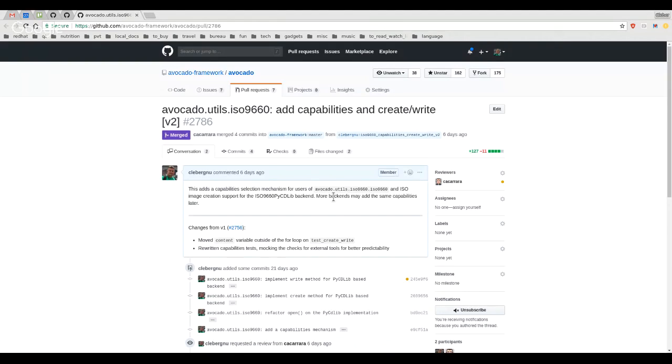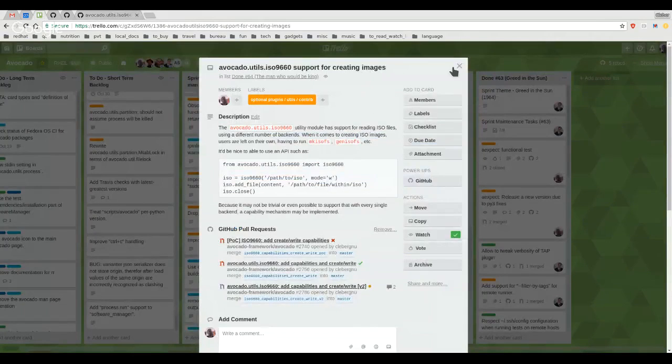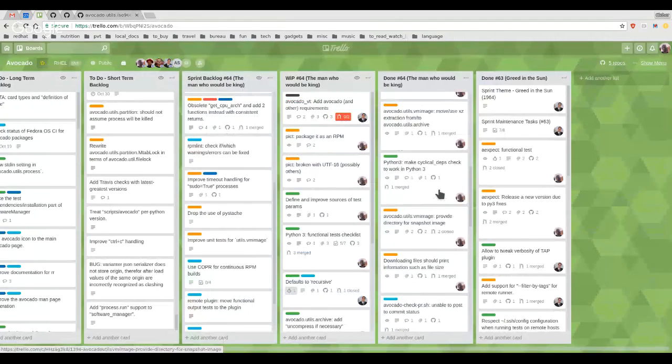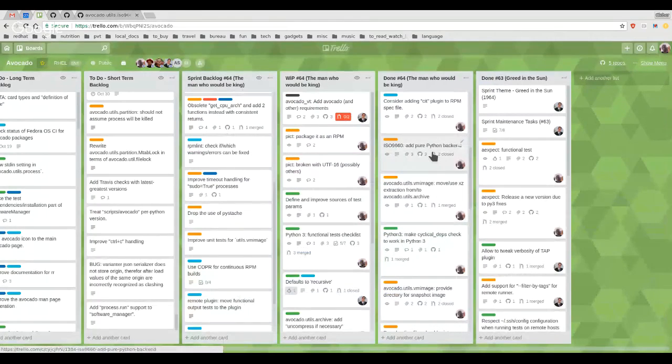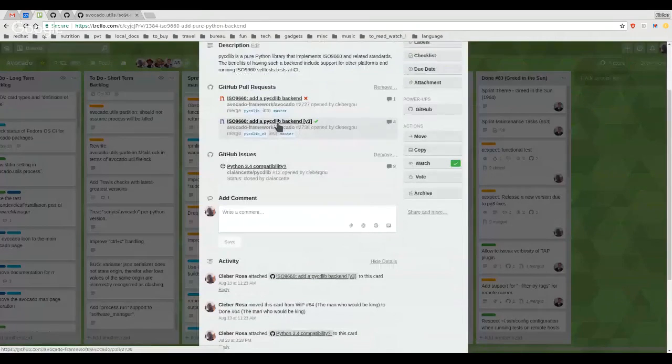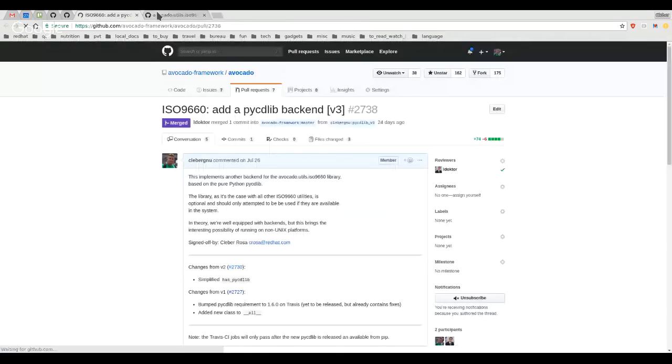And the interesting part is, possibly I should start with this first, because it makes chronological sense. So getting back a little bit before that idea of Cloud Init needing to create ISO images,